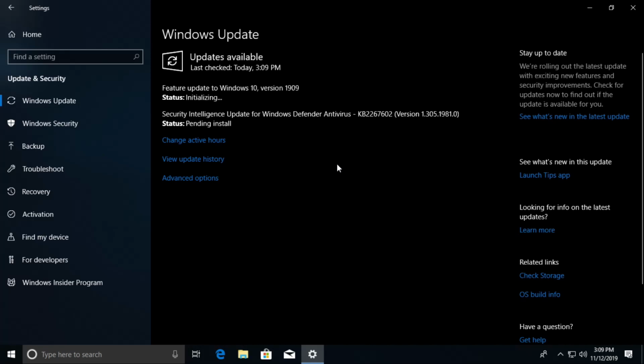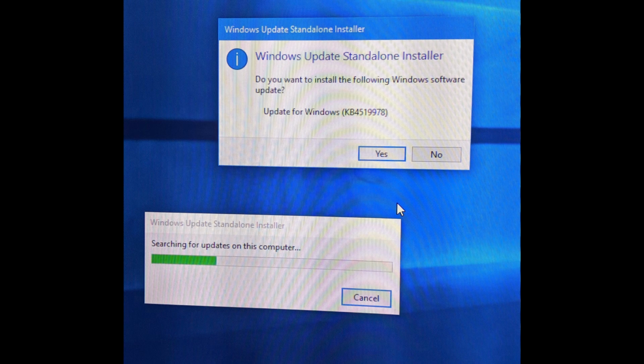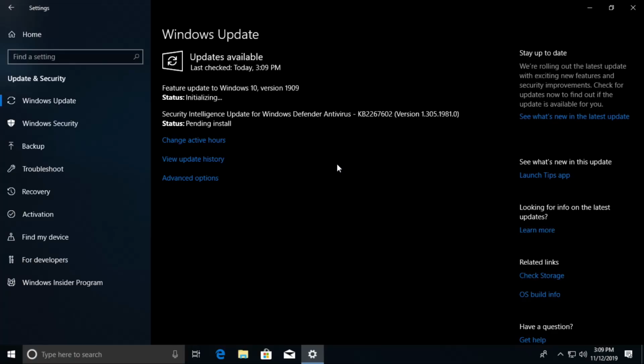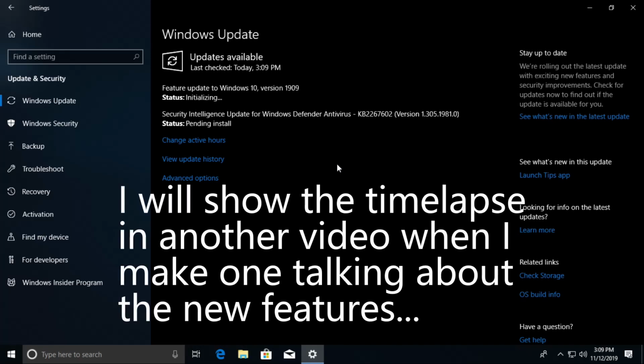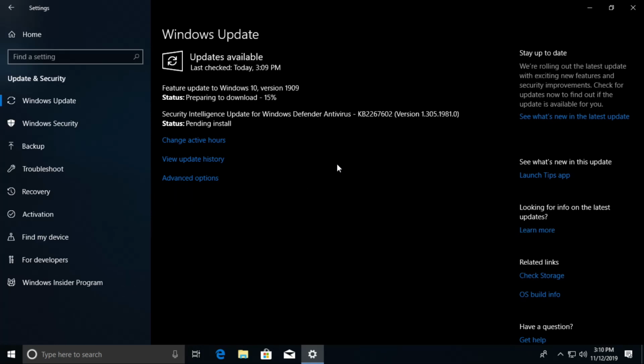In fact, in order for me to even get a newer dot number on 1803, I had to actually go to the update catalog, and at the time I did that, it was before the patch Tuesday updates came out, so the November one was not out yet. And then after I installed it, it's on a newer dot number, but it's not going to be getting any more support. So now it's going to be updating to 1909, and I will also make this a time lapse, and I do have this computer hooked up to a capture card. You won't be able to see part of it because